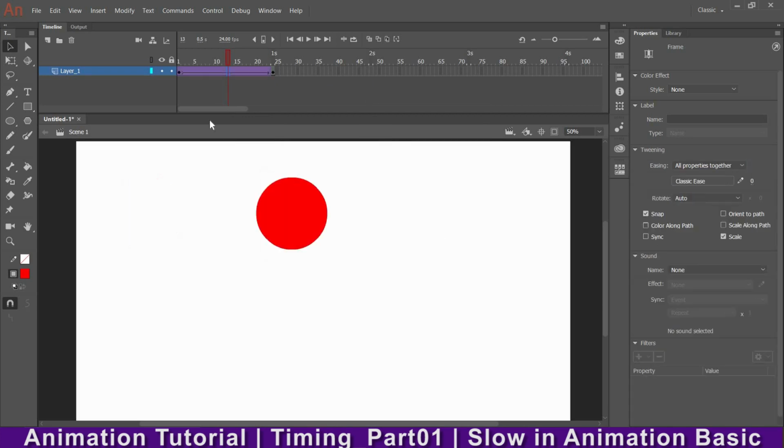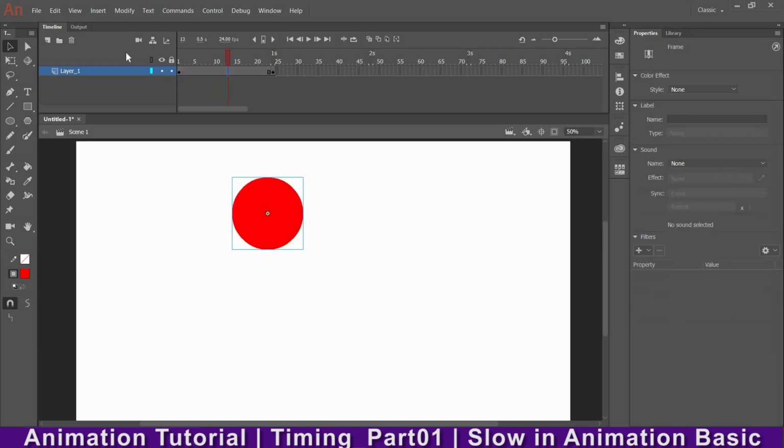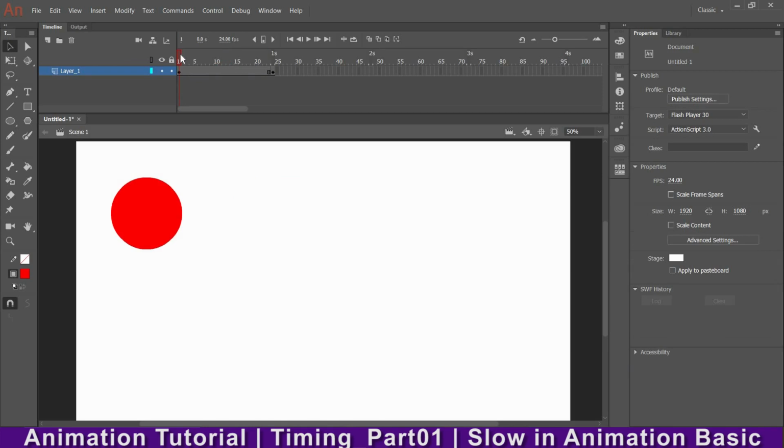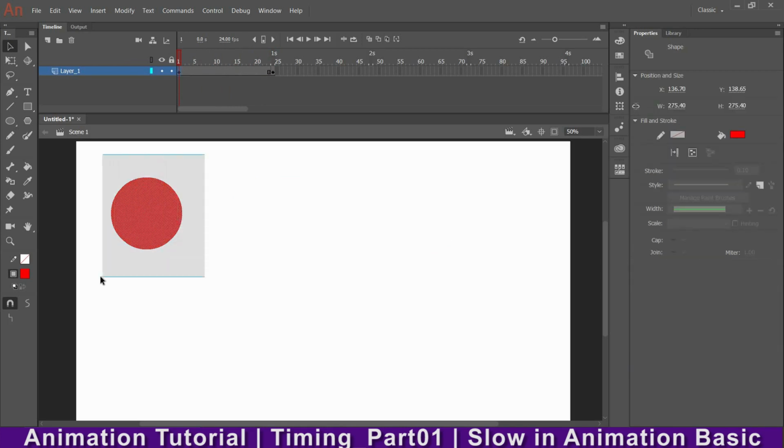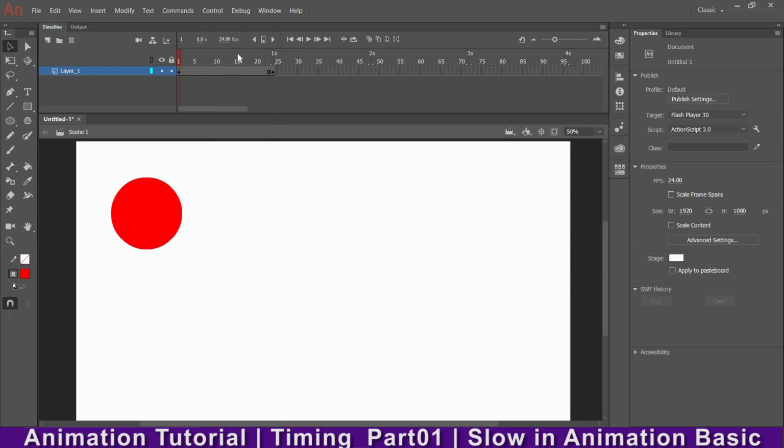I'll hit OK, and you can see there is animation. I don't want to teach all these things because this is already there in the software and you can very well understand. Maybe you know this earlier, so I'll not do this, but I'll show you the traditional way of doing the animation. That means you need to do drawing. So this is a single frame and this is another. I need to draw drawings in between.